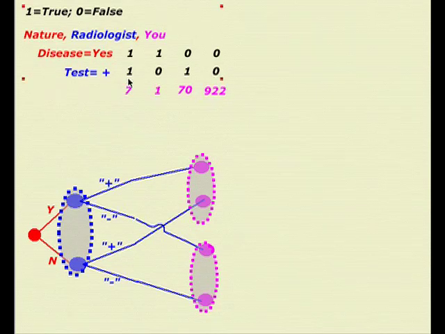There are 7 of these true positives, and there's 1 false negative. So 8 actually have the disease in these 2 columns, but only 7 out of 8 show up as having the disease. And that means that the test, it's not a bad test, okay? It catches 7 out of 8, but it misses 1 in every 8. Okay? So that's called the sensitivity of the test. If there is something, is it going to pick it up? Well, it does most of the time, okay?